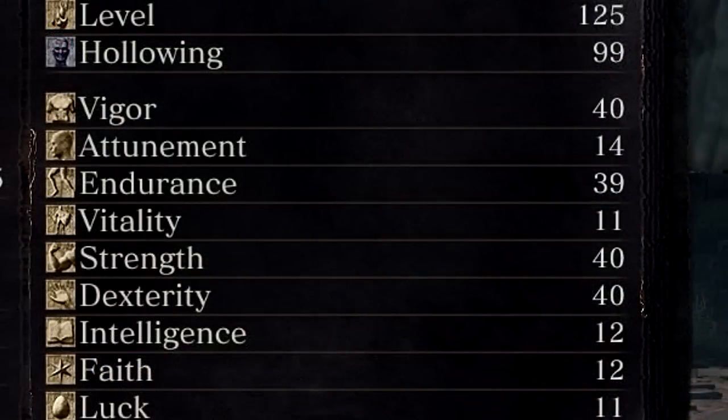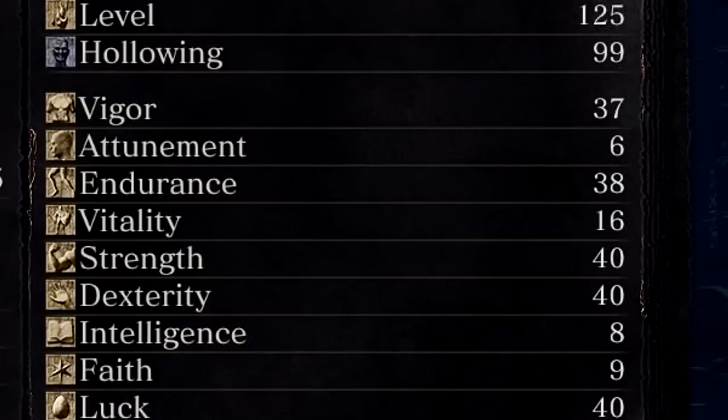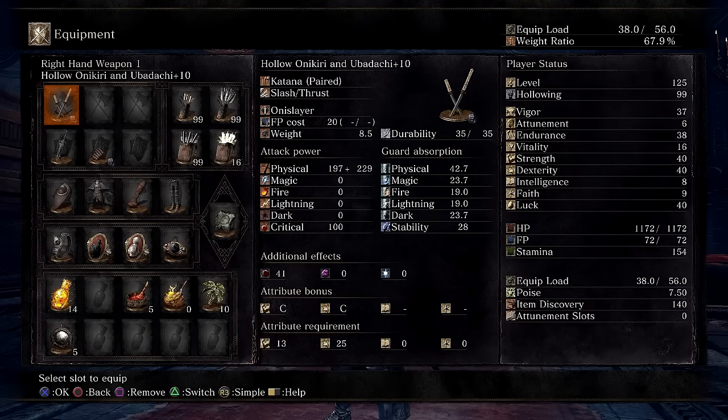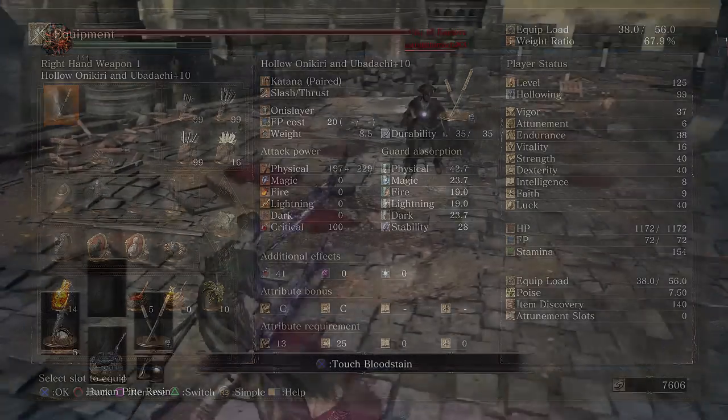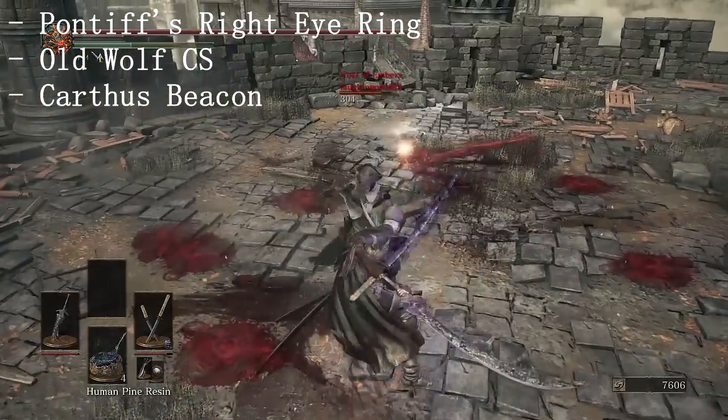First build is Pontiff Beast. I called it that because it seemed very appropriate. This build concentrates on all items and equipment that boost attacks with each consecutive hit. Items you need for this build are as follows. You need the Pontiff Right Eye Ring, you need the Old Wolf Curved Sword, and you need the Karthus Beacon,